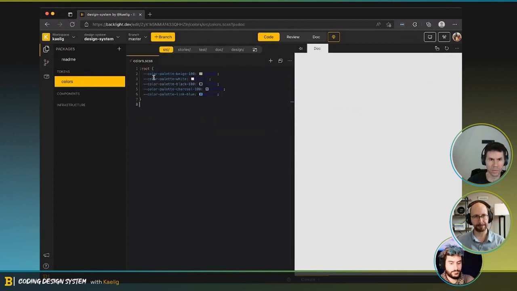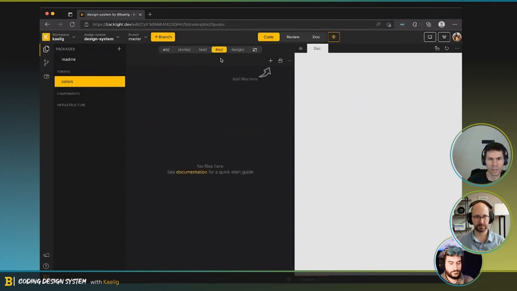We may want to create at least one semantic token for the couple of components we're going to create, whether it is a button or a primary or whatever. But okay, for the moment, my plan would be to have those tokens that we created and then start documenting them right away, especially so we can see them.